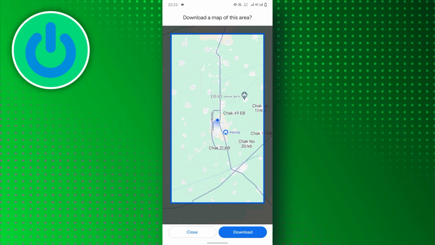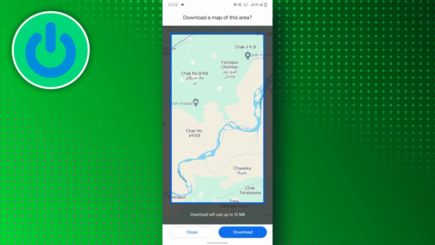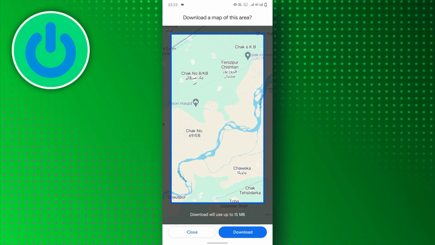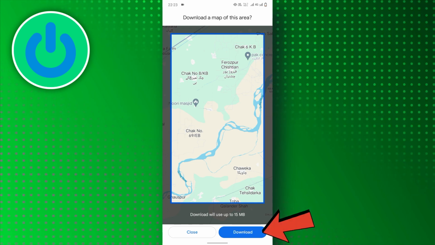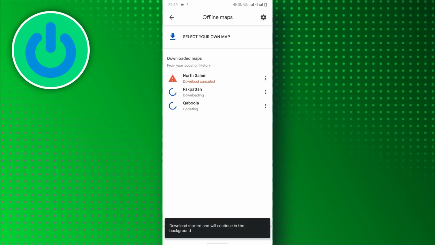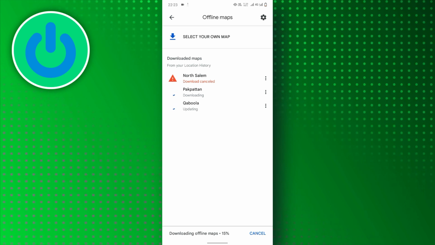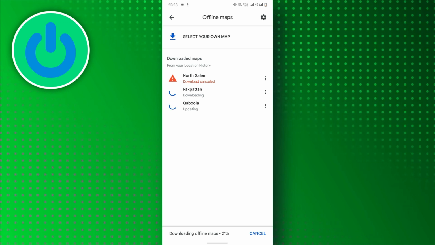You can choose to download the entire area shown on the screen or adjust the rectangle to customize the specific region you need. Tap Download to start saving the map for offline use. And that's it. You can view, update, or delete downloaded maps directly in the Google Maps app under Offline Maps